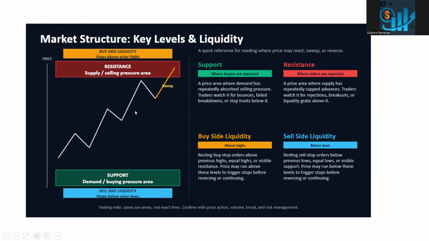Suddenly there is good news or something. Then Tesla may break this resistance, right? Till now, people are selling Tesla at 450, but suddenly there is some other good news. Then people may think, oh, Tesla will go to 500 now. So this resistance will break and it will go further up. That is called a breakout. That means if price is going above the resistance, that is called the breakout concept.